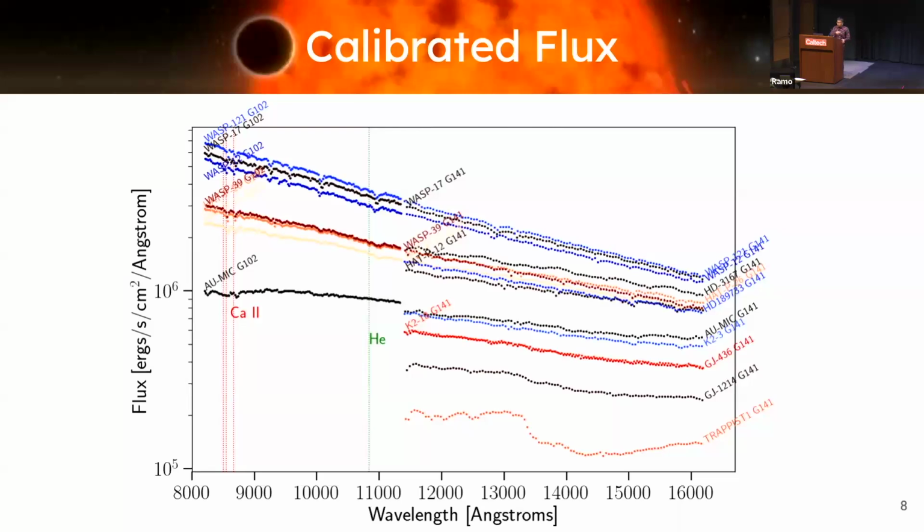When I made this plot, one of the things that struck me is that for WASP-121, the spectrum lines up between the G102 and G141 bands, whereas if you look at AU Mic, you see this vertical offset. We're still debating what might be causing this, and we're trying to understand if there are some systematics within Hubble that might be causing it. But I'm in the camp that this offset we see for AU Mic between G141 and G102 is because of